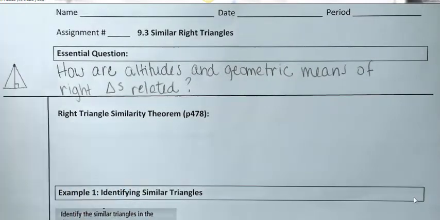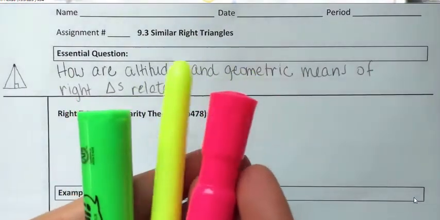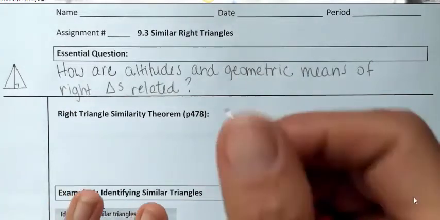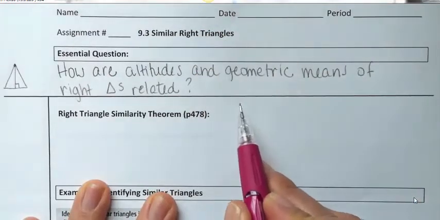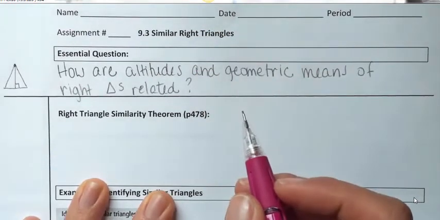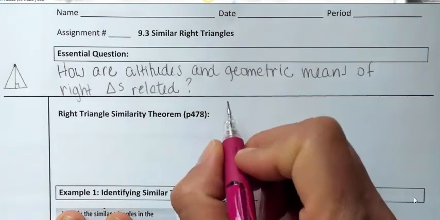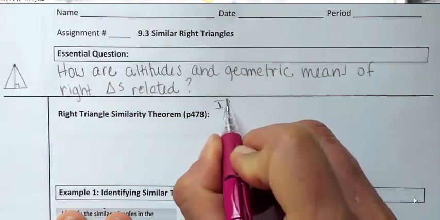Oh, and before I get started, you're going to need a few colors for these notes, so I've got 3 different colors. And you can use pens, pencils, crayons, whatever you want to do. Alright, so I'm going to try and keep my notes pretty small because I'm going to end up drawing 4 different triangles in the space. So if the altitude